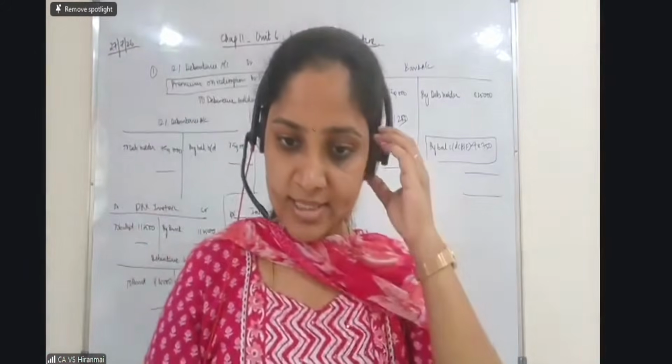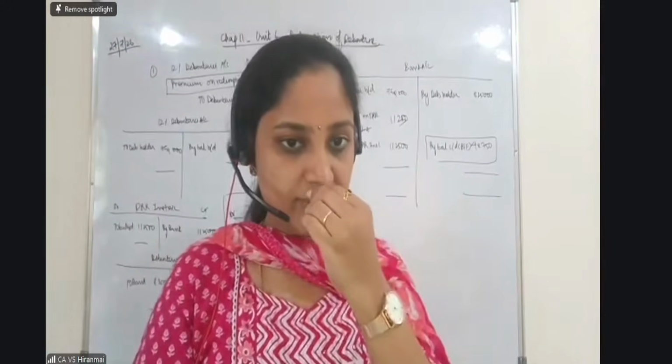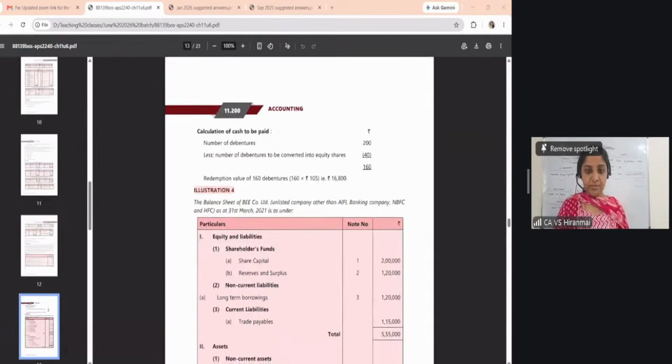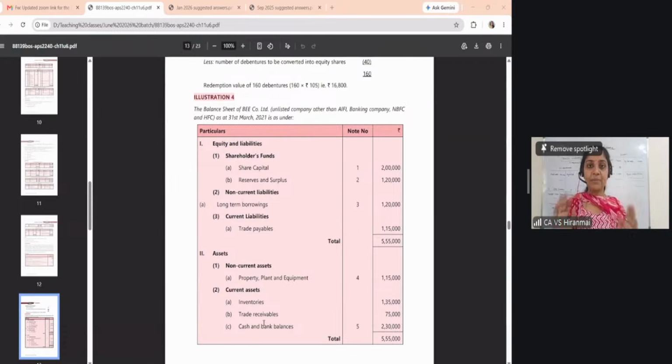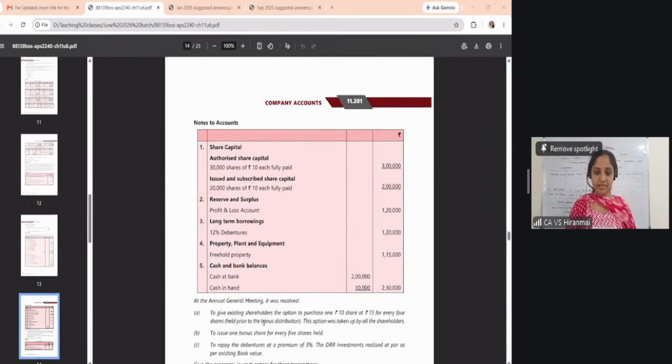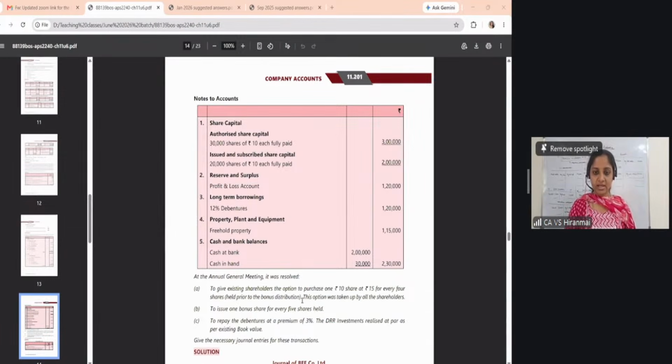So the next question that we will be seeing is illustration number 4. This illustration number 4 is the same thing, okay? But here you have a complete question. They are also talking about the redemption of debentures, and they have given you the balance sheet. And after this, they have also given you, please see here, at the annual general meeting, it was decided